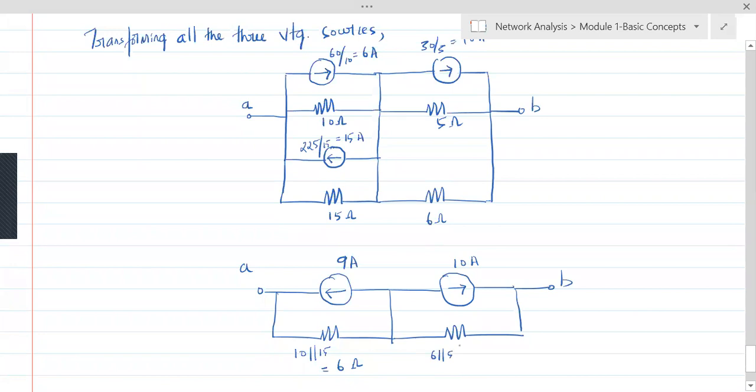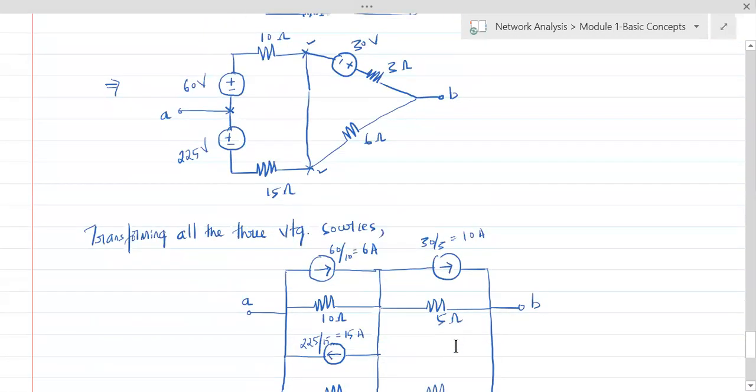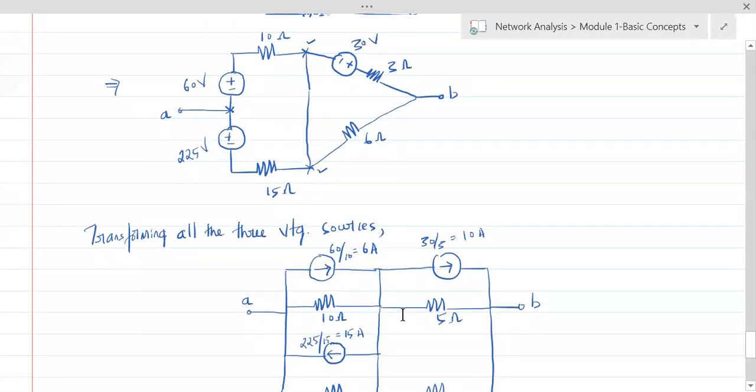6 5 is a 30. 6 and 5, what would that be? 2 ohms. 6 and 3, isn't it? Is it 5 or 3? Oh, I made a mistake, it seems. So that's 3. See, nobody is correcting me. We are left with 10 minutes. That's sufficient, I hope. This is 3, not 5.